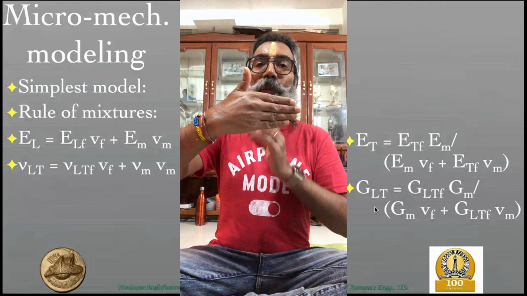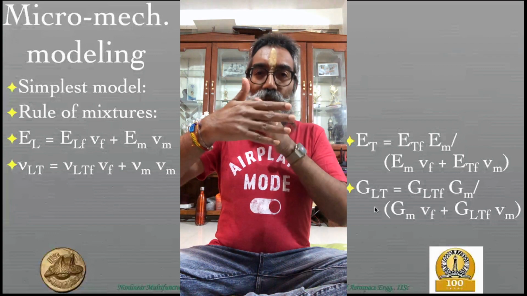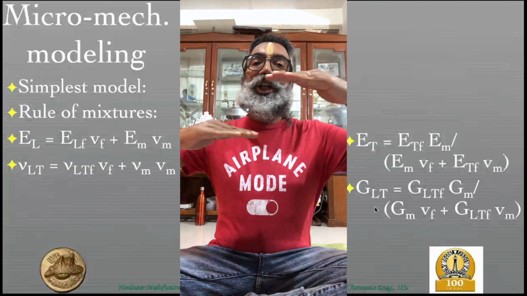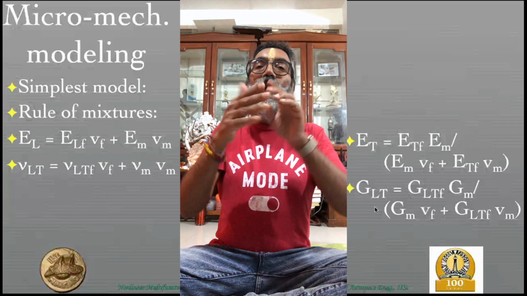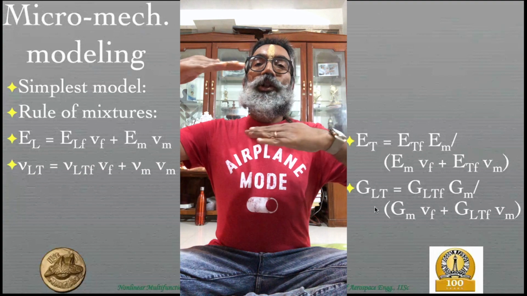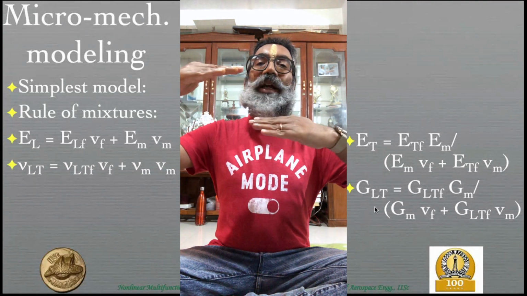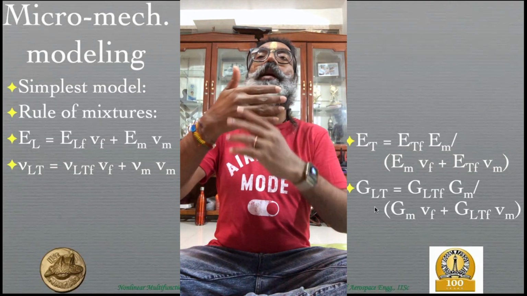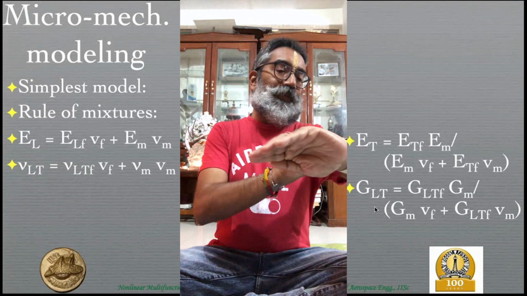But what is important in answering this question is to see that when this is happening, think of the fibers which are coming over here, and you're applying this shear stress, and this is changing the angle. It's very easy to see that since the fibers are going in this direction, they are not going to contribute much towards the shear strain which is happening. So whatever shear stress is going to be applied over here is almost entirely going to be resisted and reacted to by the matrix, and therefore you see that